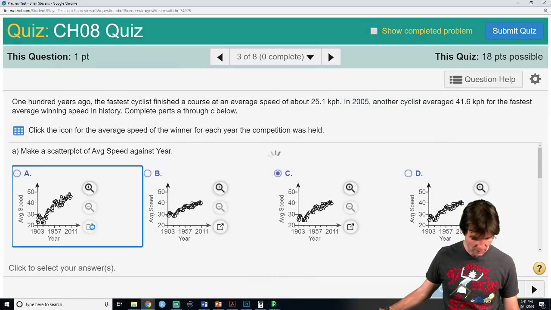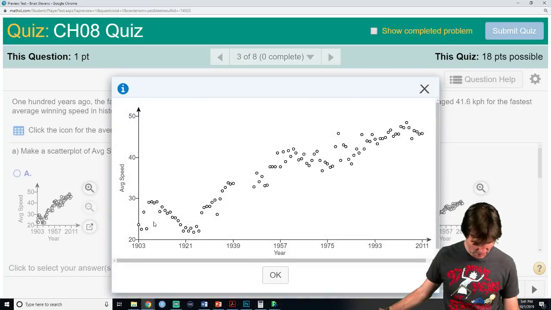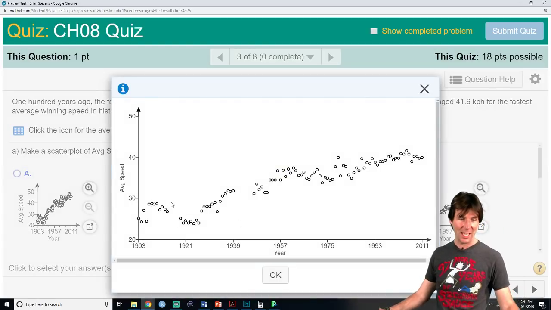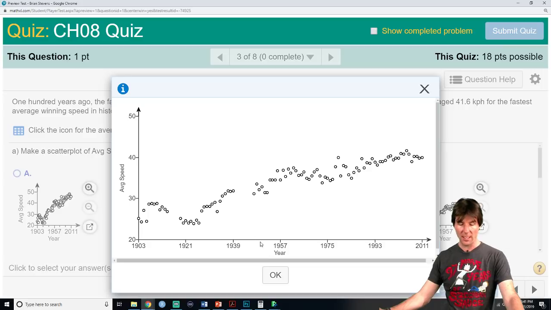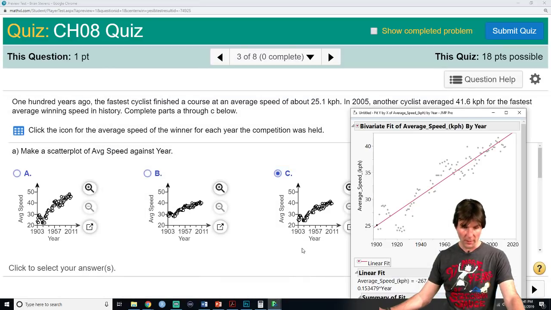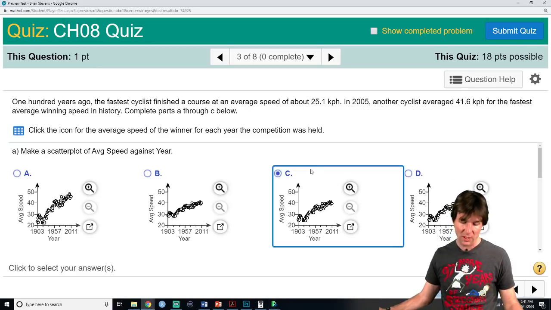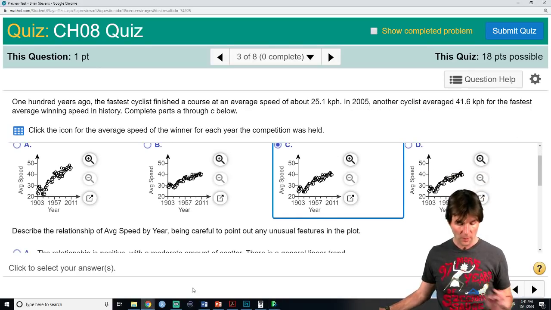So maybe this one didn't even include the no races between 1915 and 1918. It looks like this one did not include that either. And then our graphic should have a second gap. That's good, our graphic has that second gap. And our graphic here should have a second smaller gap right here. So we are confirming once again we have the right picture. That is the right picture.